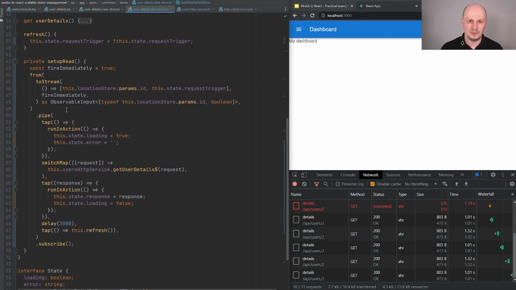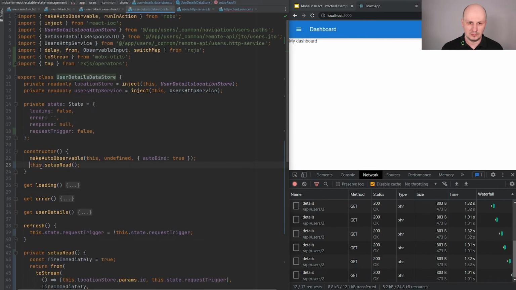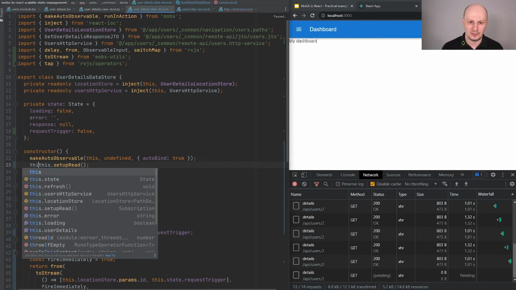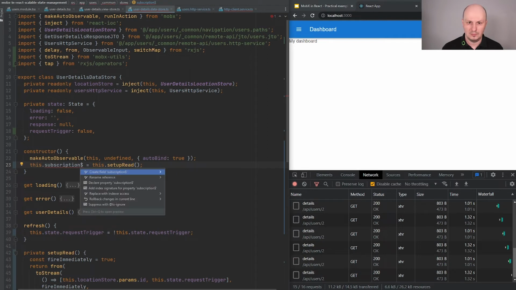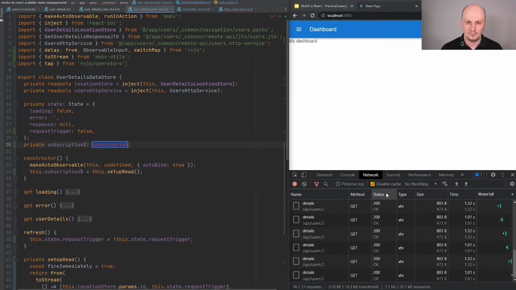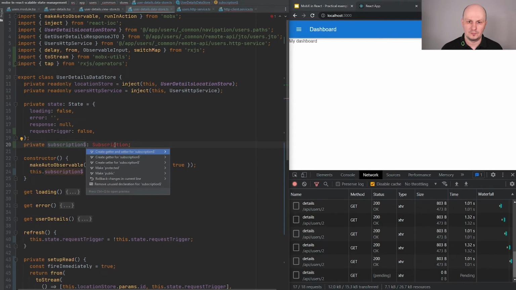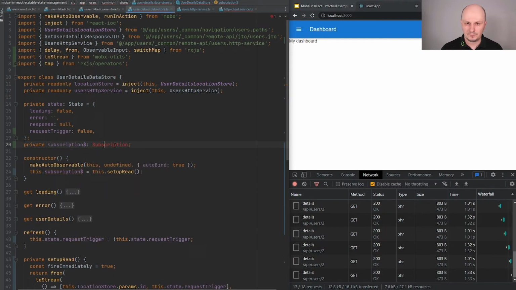All right, so let me change this code, because we subscribe to this stream, but we have never unsubscribed. So in the constructor where I'm setting this read functionality, I'm going to attach the subscription from RxJS package,